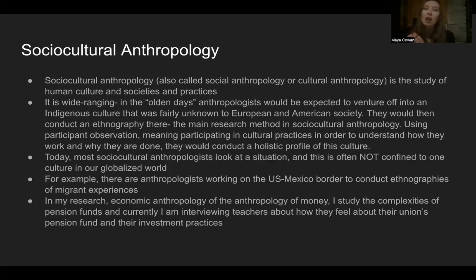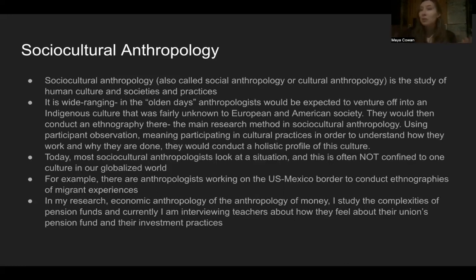And so I'd like to think that cultural anthropology has moved past that. Nowadays, if you were to continue your studies in anthropology, you would probably be asked not to look at a culture so much. You wouldn't be asked to look at the Gabusi culture, for example, which an anthropologist named Bruce Knauft wrote about. You'd really be looking at, in the best way I can explain it, a situation.